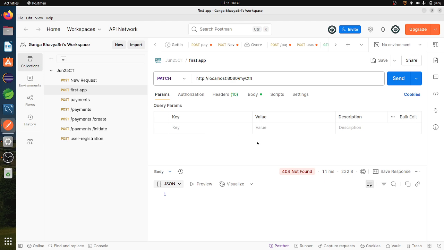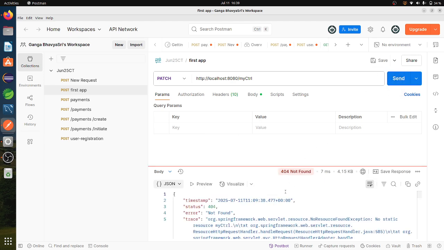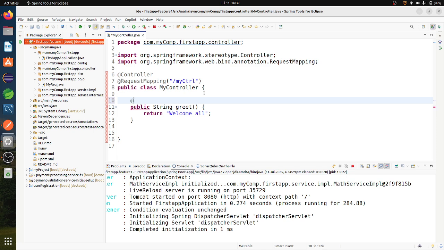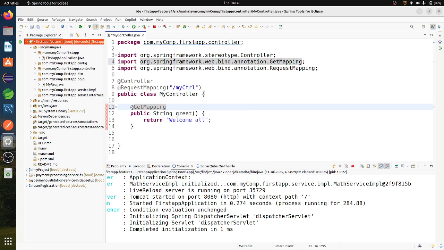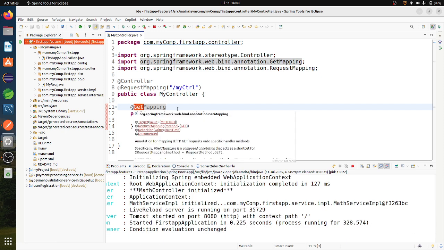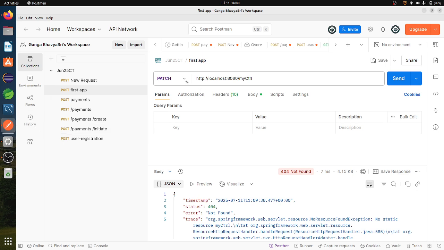Wait a second, it is giving me 404 only. Whatever the method I pass, that method is not there in my class, so that's why it is showing an error. So now what I'll do is some mapping with that method. Now it will not throw an error only if I use the get method in those HTTP methods. So in all these methods I'll use get now. Now if I pass, maybe I haven't saved this one.